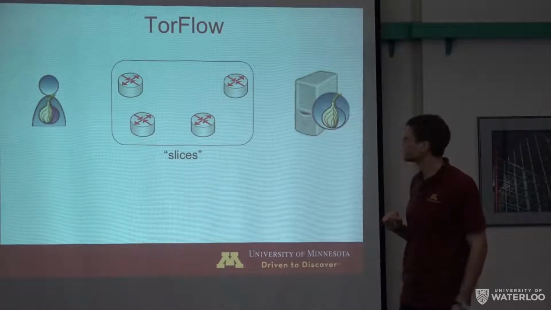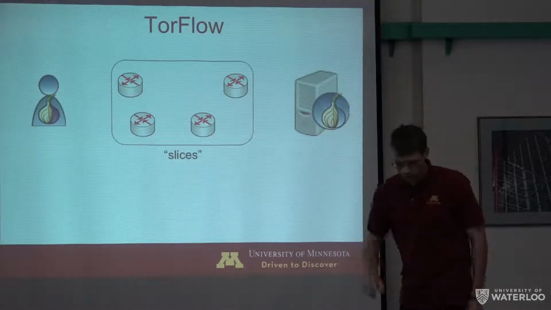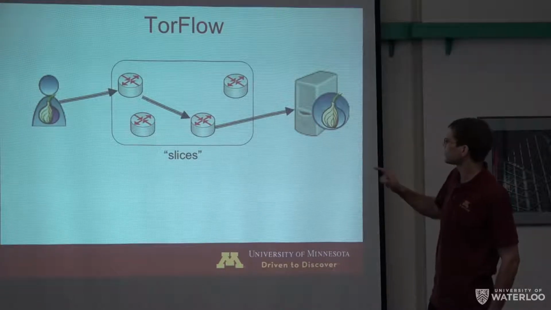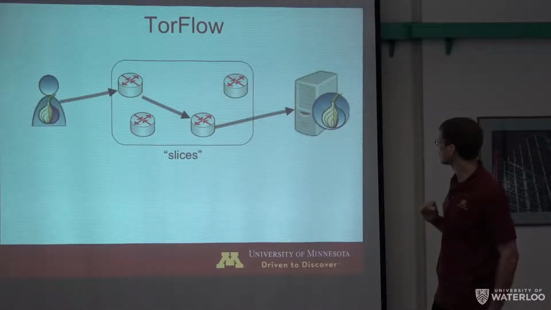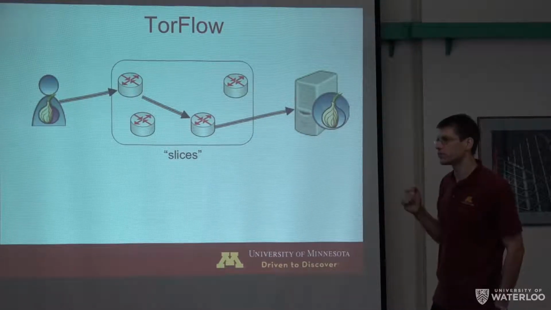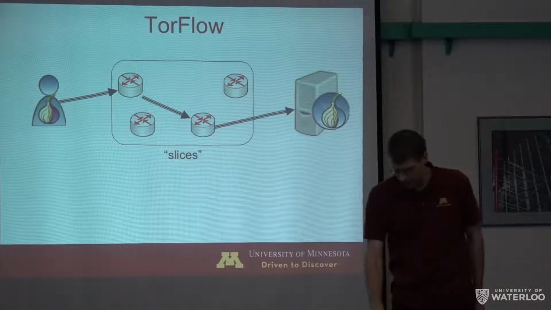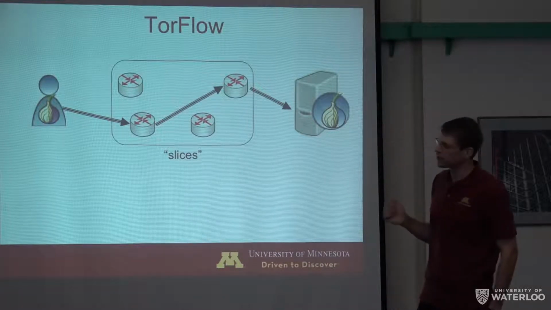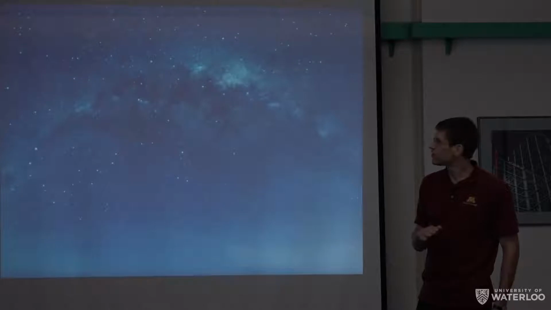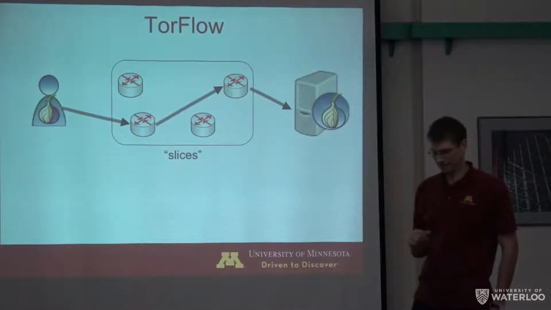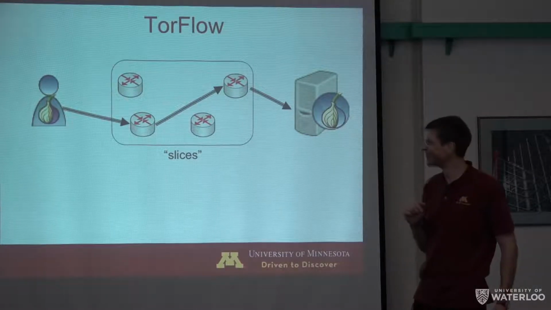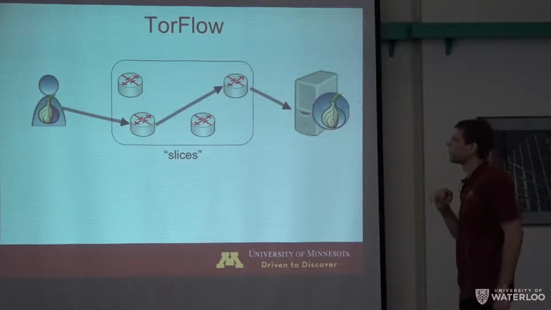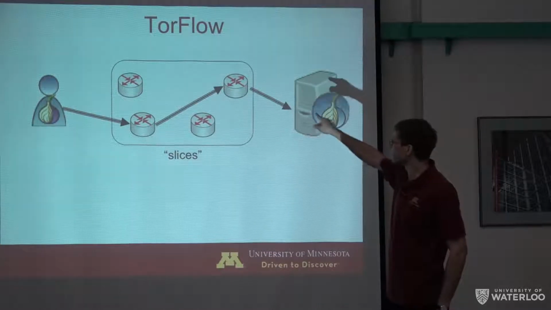TorFlow clients, to test the slice, will randomly build two hop circuits using relays in the slice that start at a TorFlow client, terminate at a TorFlow server, and then they'll download a big file and measure how long it took. Okay, and then they'll do that again. They'll randomly pick another two-hop circuit using relays in the slice, download the same file, and measure how long it took. Okay, and they do that a whole bunch of times so that over time, every relay in the slice gets